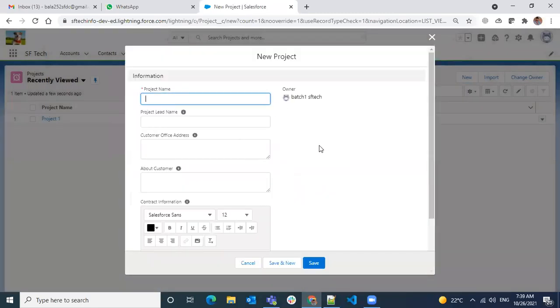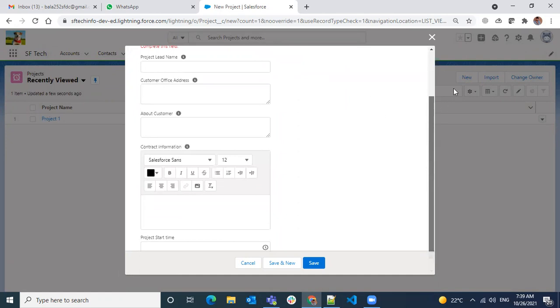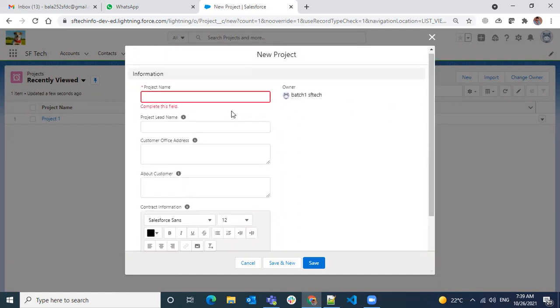new record. Okay, when you look at it, there is only one column being used, and whatever fields we add keep getting added one below the other. So we have a lot of white space on the right side, so we can align. And if you feel that these fields are not together, we need to group these fields into some sections. So we have seen only one title saying information, but